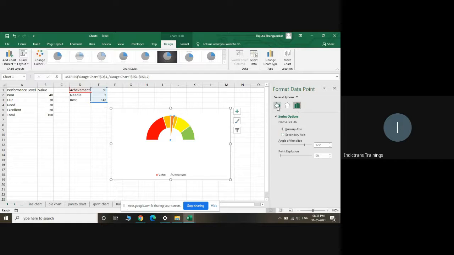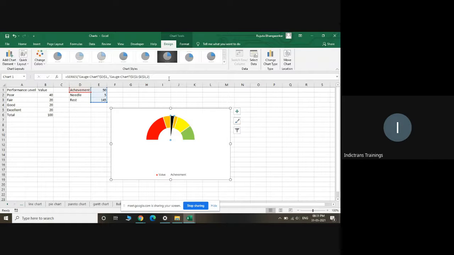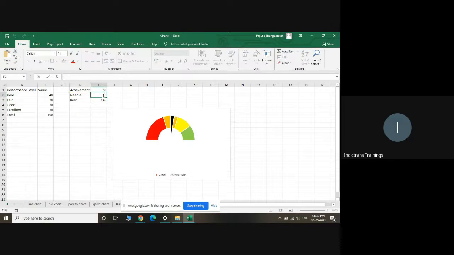Now you fill it with a black color. No, make it a solid fill, with a black color. And now you make it 1 or 2, and that should be okay.